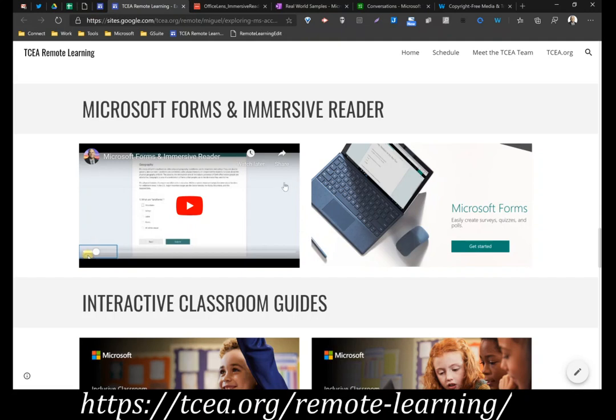Microsoft Forms also has Immersive Reader embedded in it, and so if you're creating forms, and this is great if you're creating quizzes for students, you can use Microsoft Forms and take advantage of the Immersive Reader. You can depend on Immersive Reader, knowing that your students will be able to use it to help them